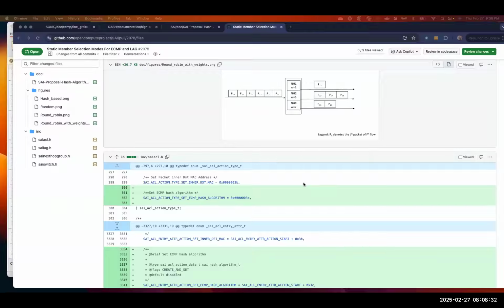But the point I'm making is that we are walking towards a topology which can have a very fine granular load balancing algorithm configured, right? You can have per packet, you can have CRC, CRC30. Once you start enabling at entry level, now I can have different ones, and eventually sometime we have to take care of it. My question is that hardware has a set number of blocks. If I configure 10 different entries with 10 different algorithms and I have only, let's say, 3 blocks or 2 blocks, I go into that situation.